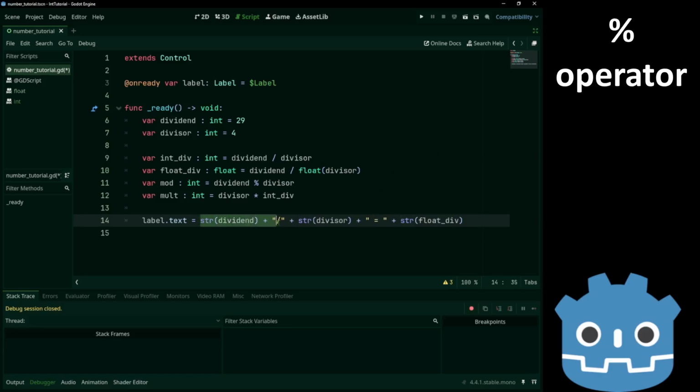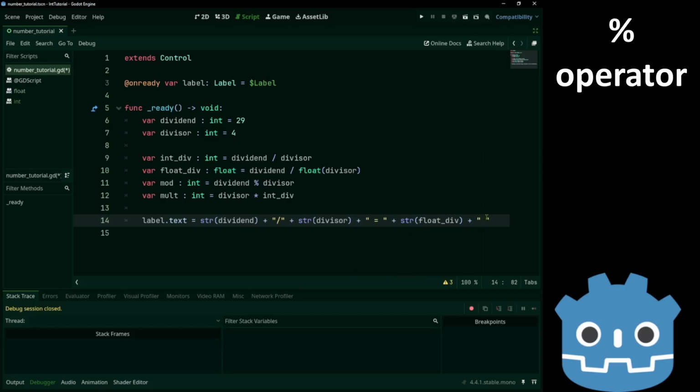So we just say that dividend divided by the divisor will give us the quotient of the float division. Let's also add the integer division.